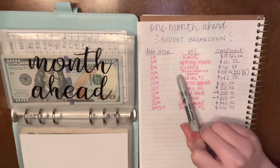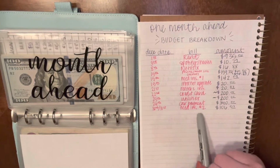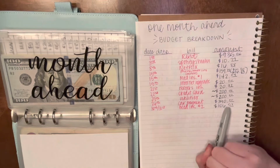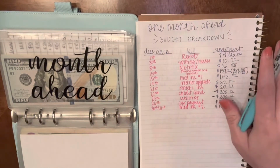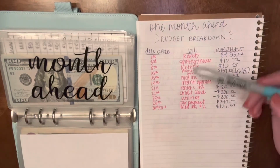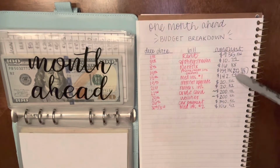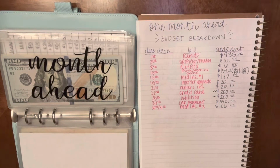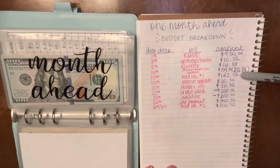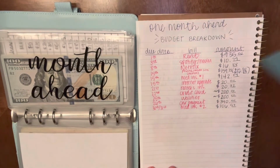And then this next one, you'll see I have a Med Insurance 1, and then down here on the bottom I have Med Insurance 2. And I don't technically pay these two things. I have medical insurance through my work, and it comes out of my paycheck before I even see that. So money doesn't come into my bank and then I pay it. It just comes straight out of my paycheck. So it switches which payment is which. I don't know how they do it, but that's how they do it. So this number, the 14209, doesn't always come out on the 15th. Sometimes that comes out on the 30th paycheck. So, but either way, it's